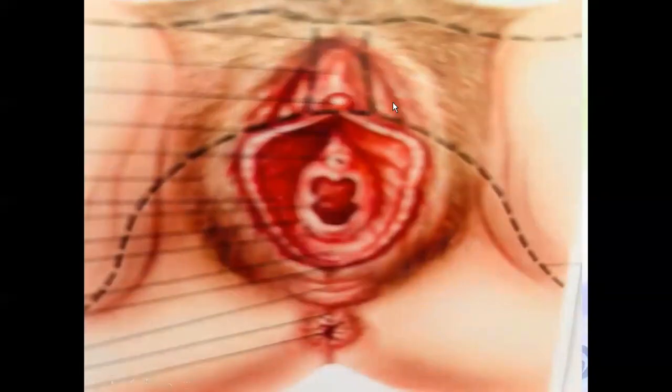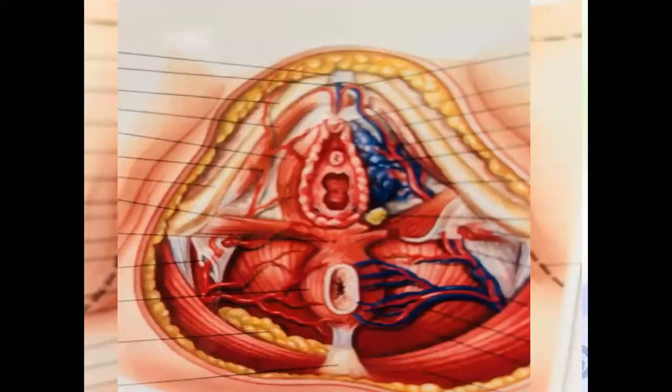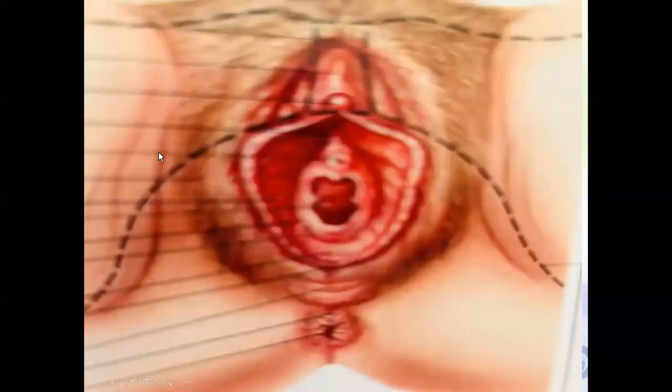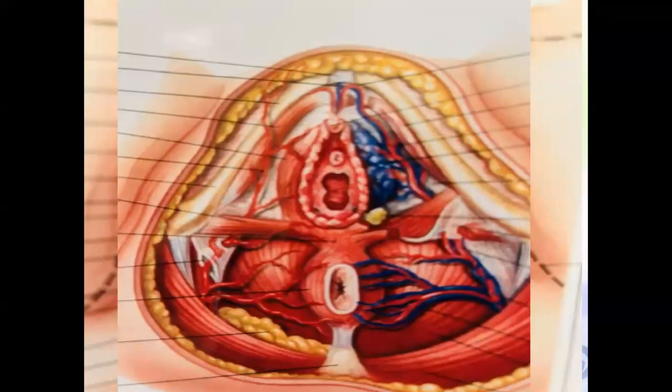If you look at the perineum like this, and you remove the skin here, you find the transverse perineal muscles. If you don't cut an episiotomy and divert it that way, you're going to have this muscle tearing. If you look very well here, this muscle is torn here. It can be torn on both sides, but it's covered by the skin. So you don't see that they are torn, but actually they are causing weakness in the perineum. That's why they cause perineal deficiency.